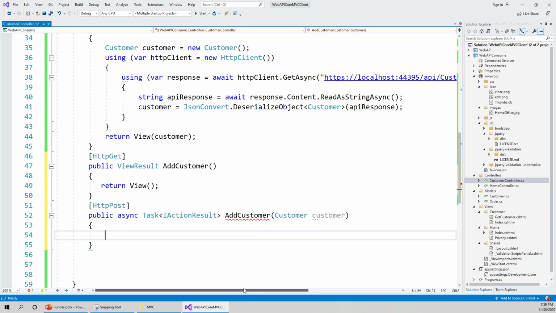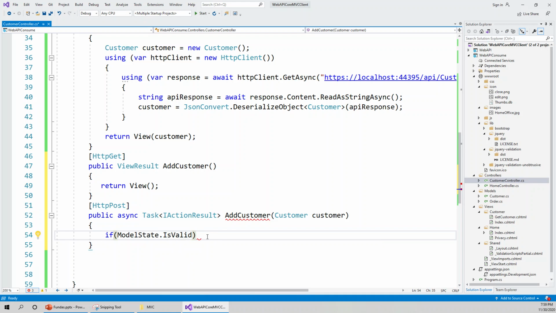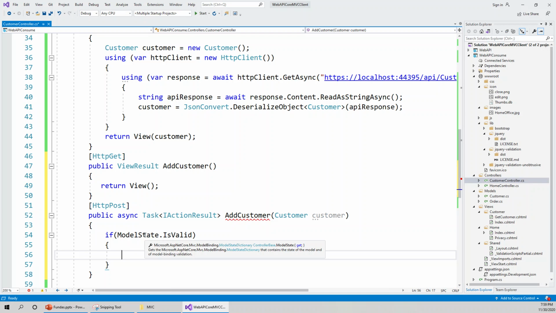So let's write here, it will be starting with if ModelState.IsValid. I'll tell you that in a moment. What is the ModelState.IsValid property? If model state is valid. So what is model state? Model state is the